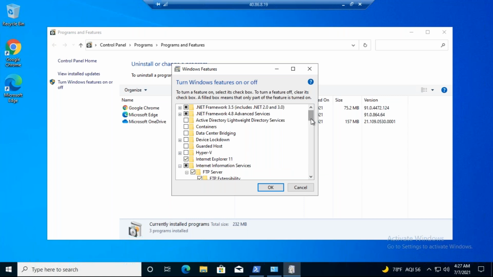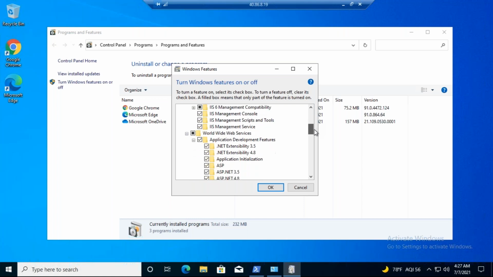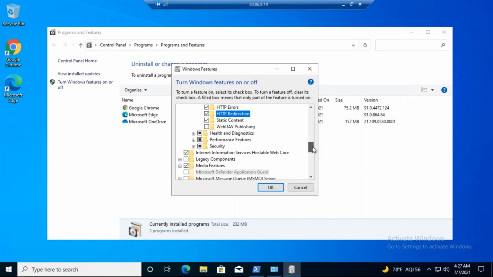This is Internet Information Services. I have selected all the services. Just come down. If there are any other services, legacy components, DirectPlay, it is not required.